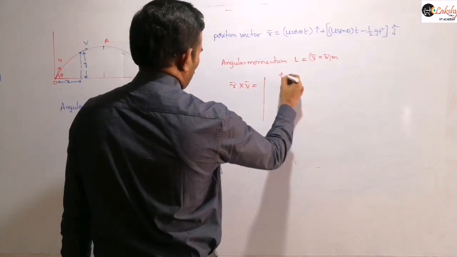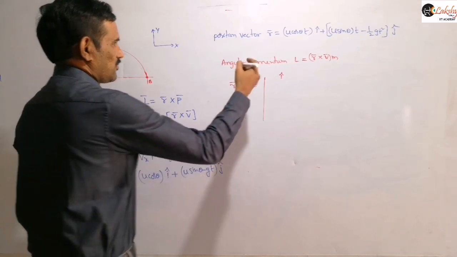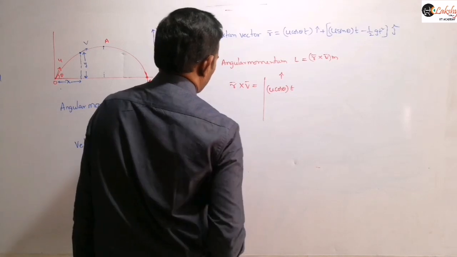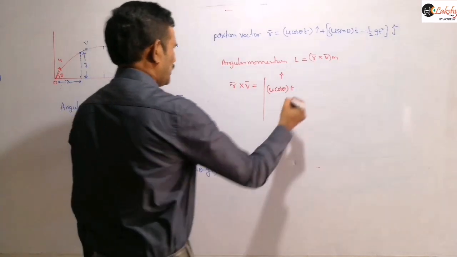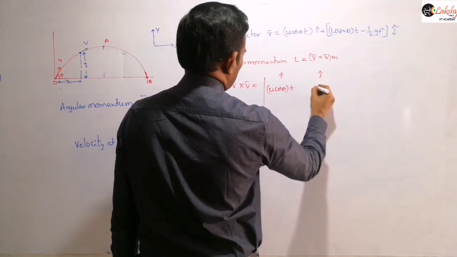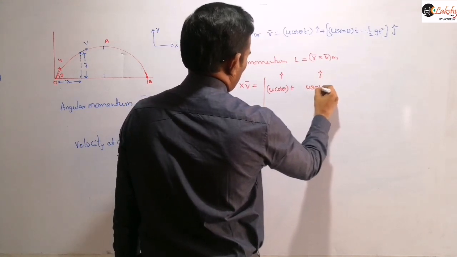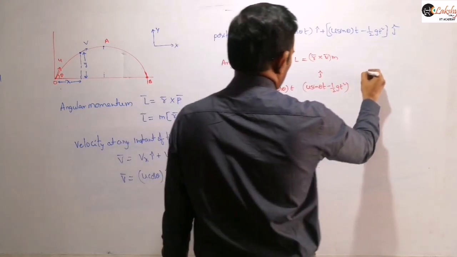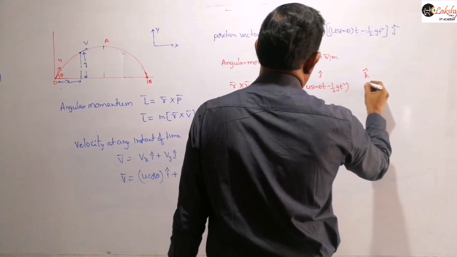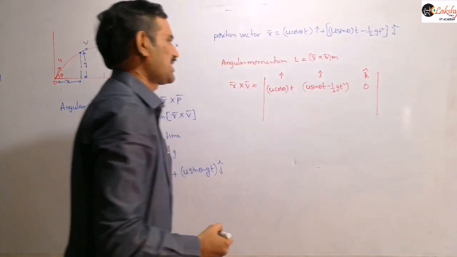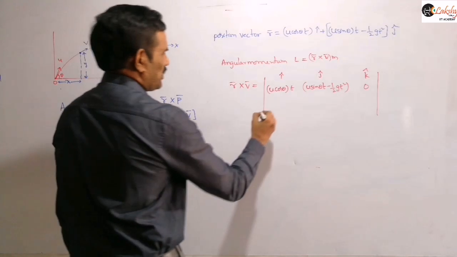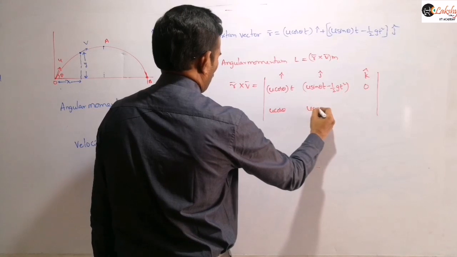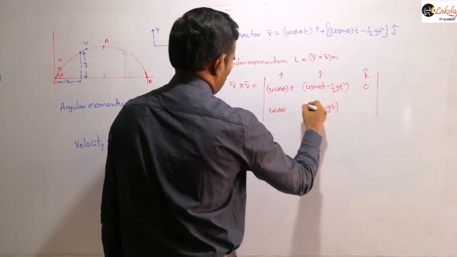So i cap into, now the coefficient of this i cap you need to write as u cos theta into t, and for velocity, let us write all the values, then after that we can substitute. This is for j cap: u sin theta into t minus half g t square, and this k component, k cap, is 0. And for the velocity, if I write, the x component, the i coefficient, is u cos theta, and this term will be u sin theta minus g t,